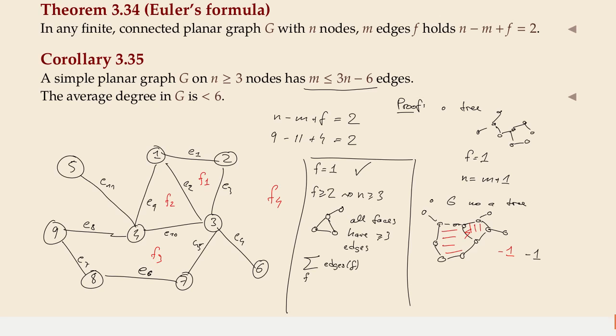We might also have a dangling node whose edge doesn't divide the region into 2 faces, but is just enclosed by a larger face. So if we count 3 edges for each face, and double count the edges at most twice,